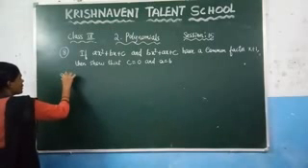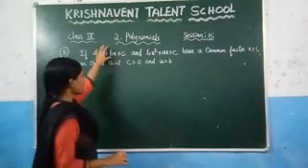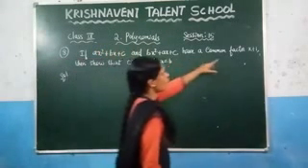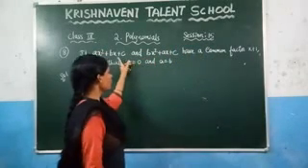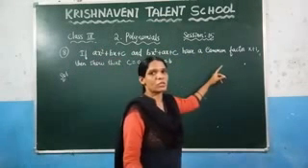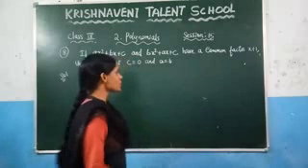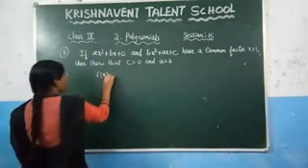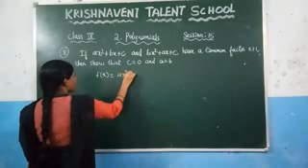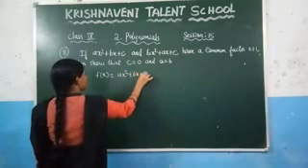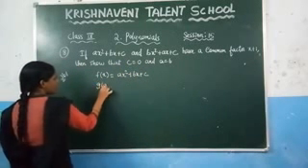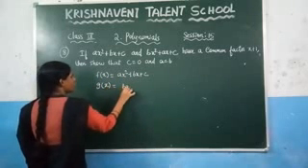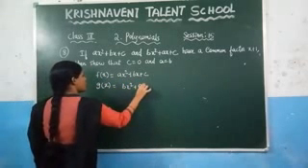So here, what is the condition given? This ax square plus bx plus c has a common factor. That means if you divide this polynomial, you get the remainder as 0. Let us consider this polynomial as f of x is equal to ax square plus bx plus c. Let us consider the other polynomial as g of x, so write it as bx square plus ax plus c.